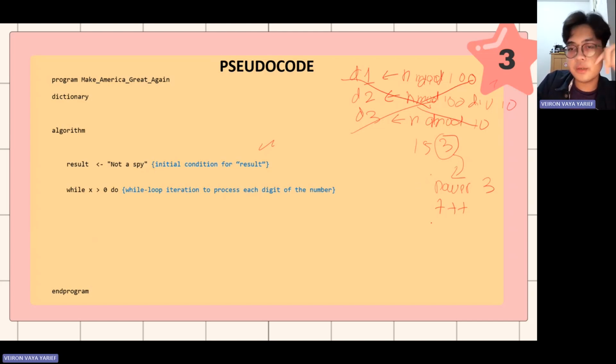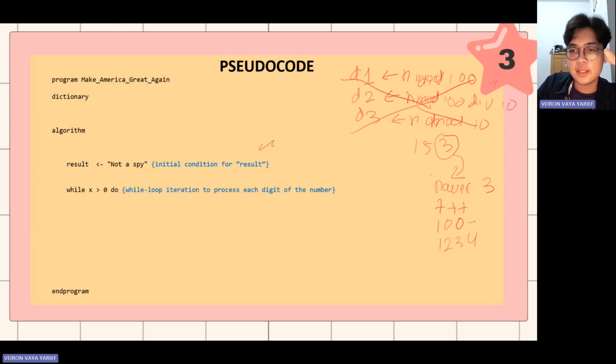So the question will be, when we do 100, which is 3 digits, it will end after 3 iterations. If we do 1, 2, 3, 4, it will end in 4 iterations, right? There are different iterations we will do.